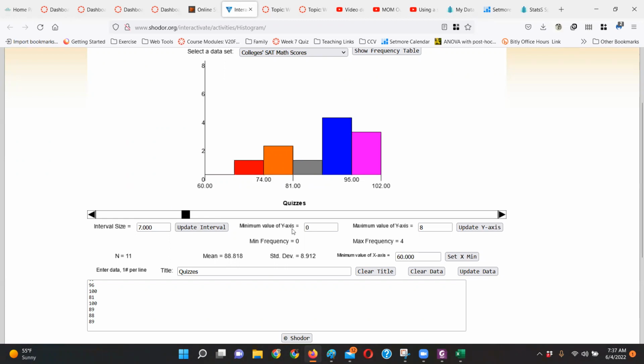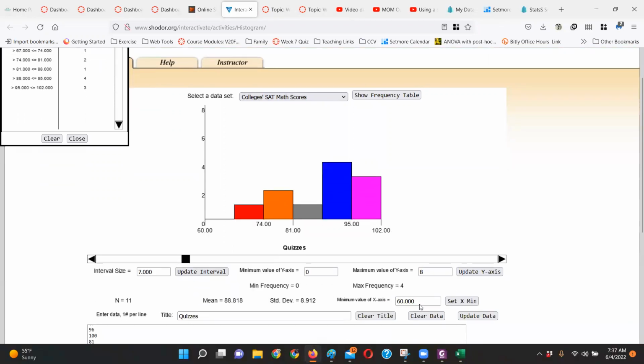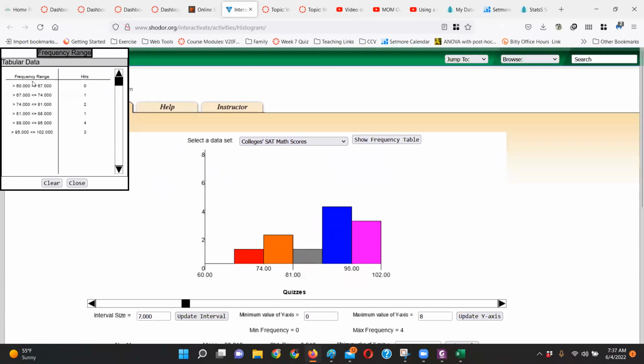And then the other thing you can do is look at statistics. Look at the frequency table. See how, by setting the interval width to a nice number and setting my minimum to a nice number, I've got some pretty nice values in my table. Now, what you would probably want to do, this is for the exam, I mean, that's why I'm doing this for you,